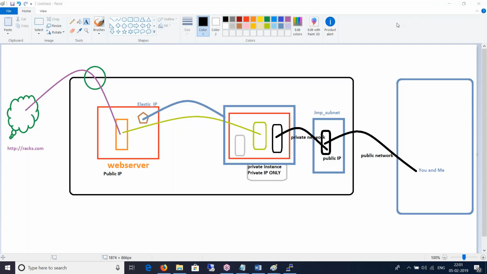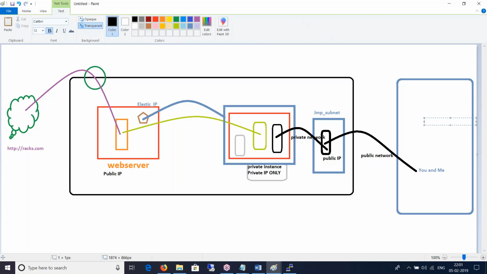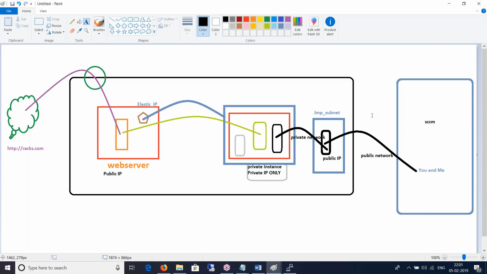So are you saying that you want to patch it from your on-premise from here? For example, you may have an SCCM server sitting here, right? You want to patch it from there. Yeah. It's a very interesting question, and that brings us to another topic of direct connects and VPNs.